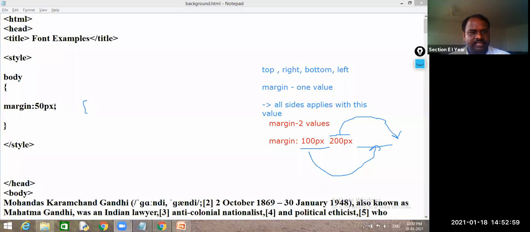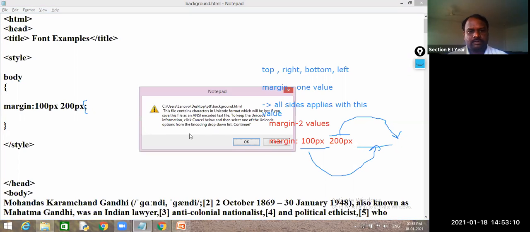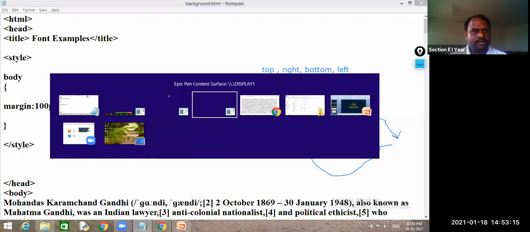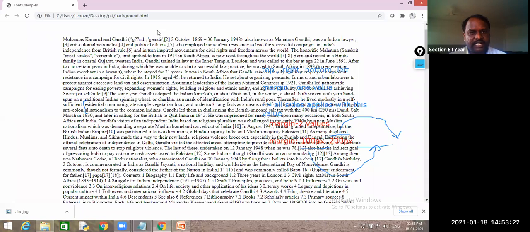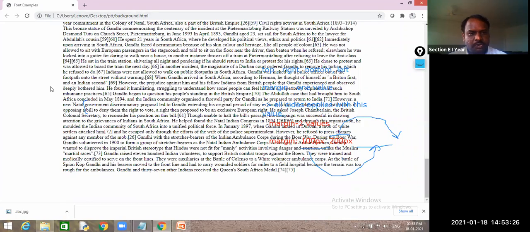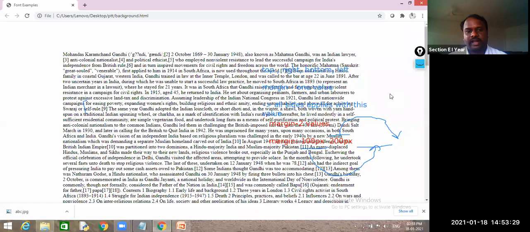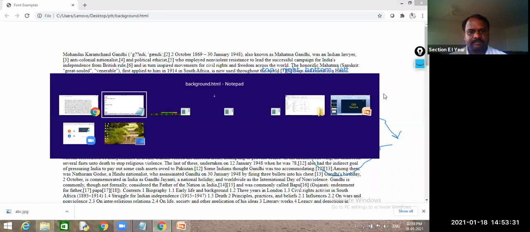Observe whether it applies or not. So 100 pixel and 200 pixel. We'll see. This is the general one and I have assigned it. See, top side 100 and bottom side 100, left side 200, right side 200. Like that it has assigned.